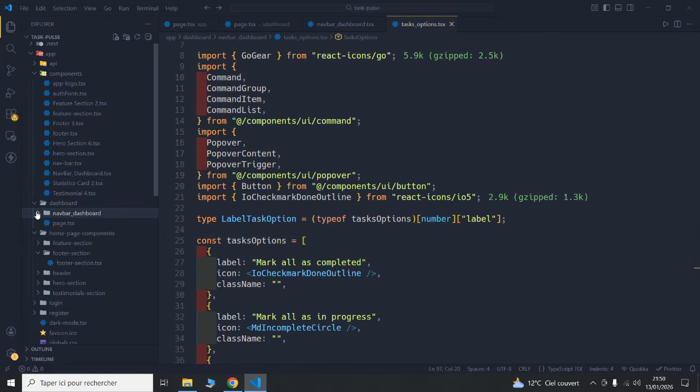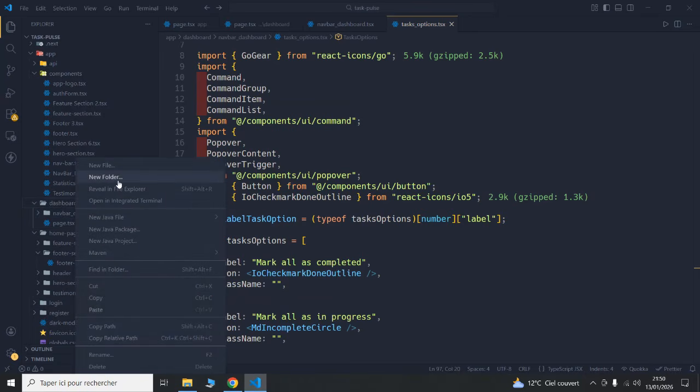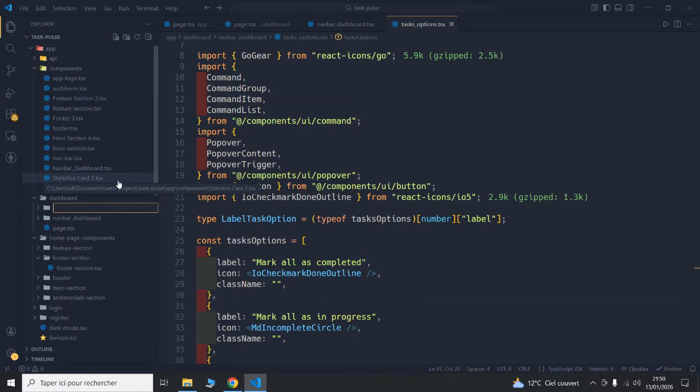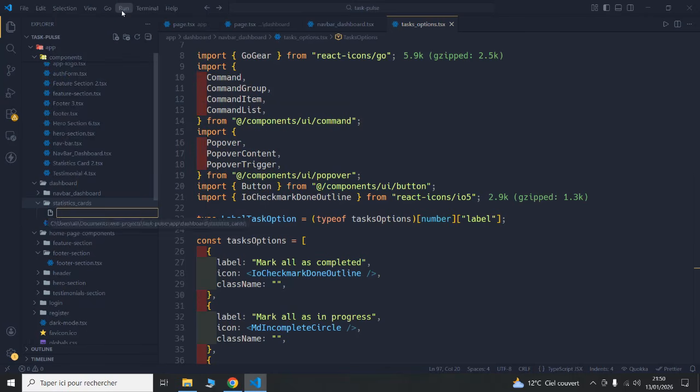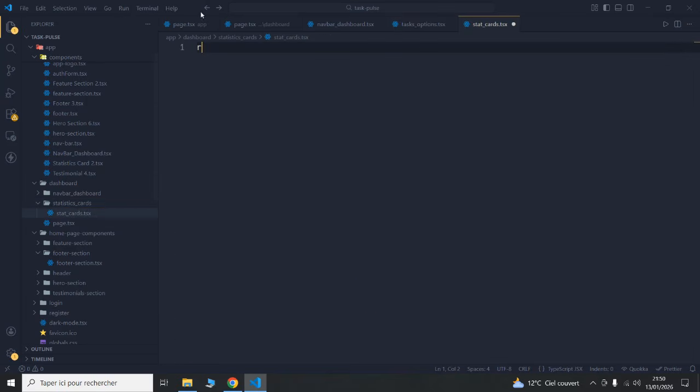and let's go back to our project. The first thing I'm going to do here, as I did for the navbar and the dashboard route, is create a new folder, and I'm going to call this statistics cards, and create a new file, stat cards. Let's create a boilerplate